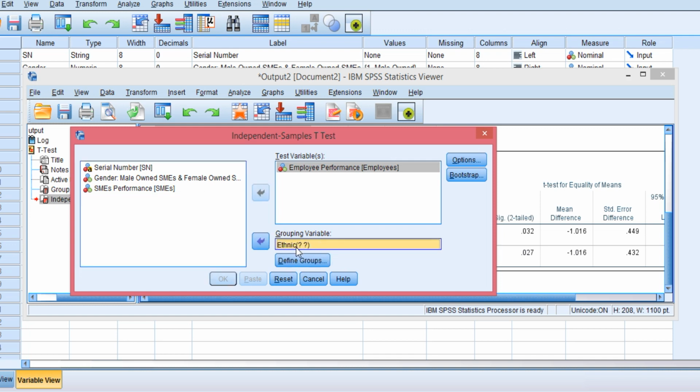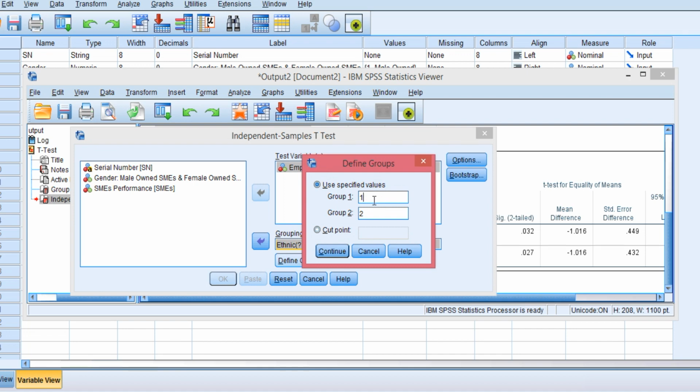Now, as you can see, this question mark here is appearing again. SPSS is asking what are the codes we assigned to Igbo-Yoruba and Hausa-Ijaw. Click this Define Groups. Okay, already we have one here. Remember, we assigned 1 for Igbo-Yoruba and we assigned 2 for Hausa-Ijaw. And if we had assigned 3 and 4 for each of them, we would have changed this to 3 and 4. But because we assigned 1 for Igbo-Yoruba and 2 for Hausa-Ijaw, we'll leave it as we have here. Okay, we'll have 1 and 2.